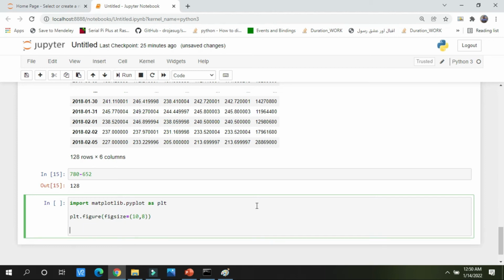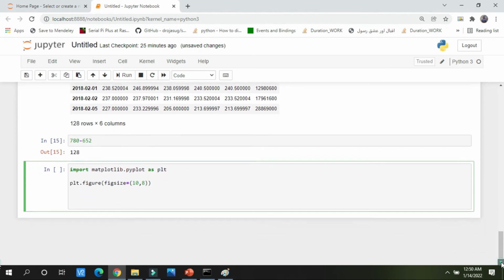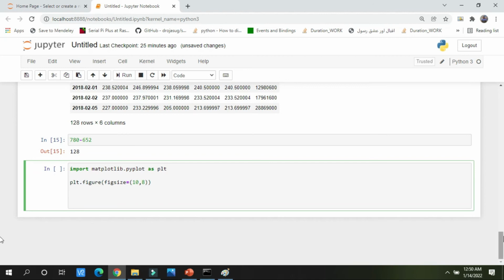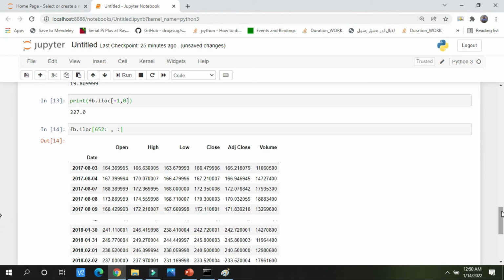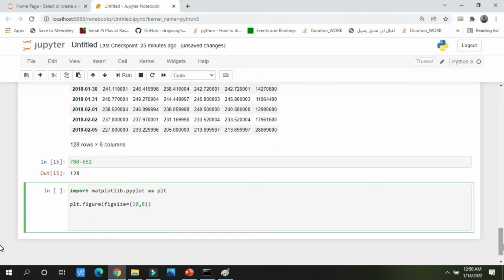Now I am writing the main thing, which is the code. Suppose someone says, Umair, visualize all the values of the close column, the closing stock prices, in a graph, but please only plot the dates of 2016, not all. So I am combining three strategies here.